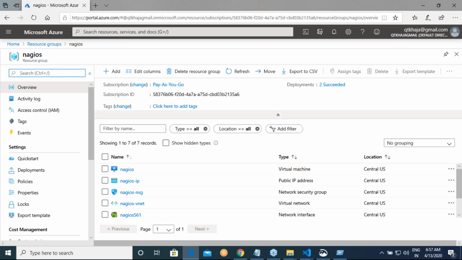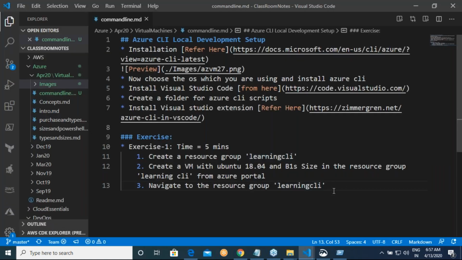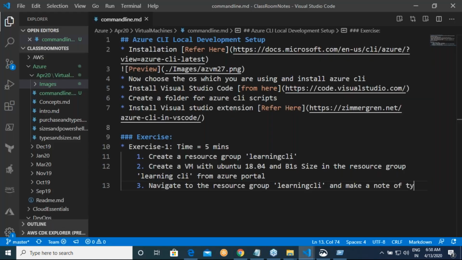Now, what I want you to find out is, make a note of the types of resources created.